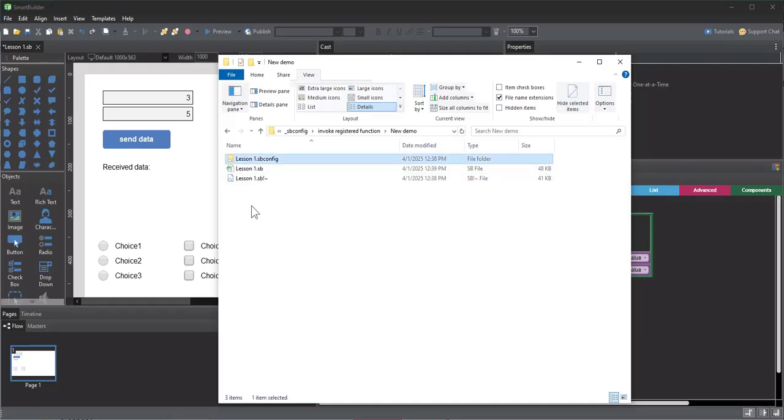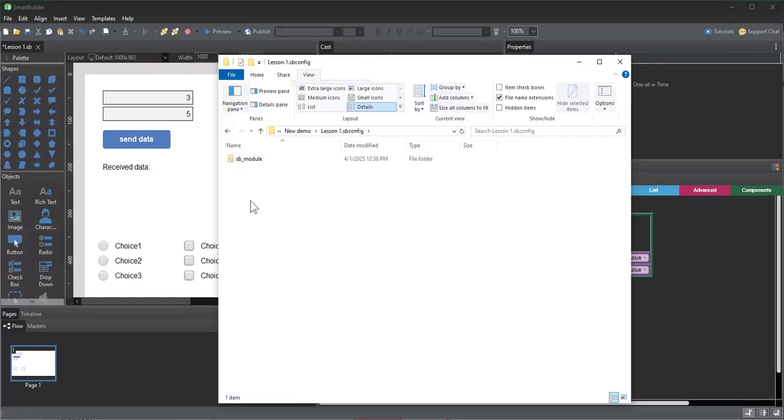But what's important here is right next to my lesson1.sb. If you have an older lesson, it will be called lesson1.sb4. And everywhere that you see SB here, it'll say SB4. So also in here, it'll say SB4. So let's take a look at this. We have lesson 1, and we have this sbconfig folder next to it with the exact same name. If we dig into this, we see